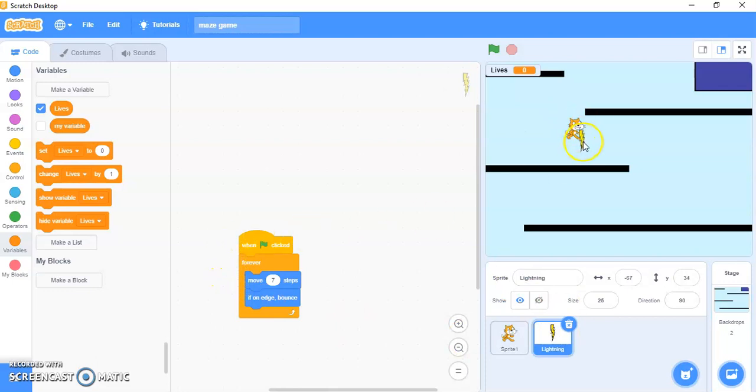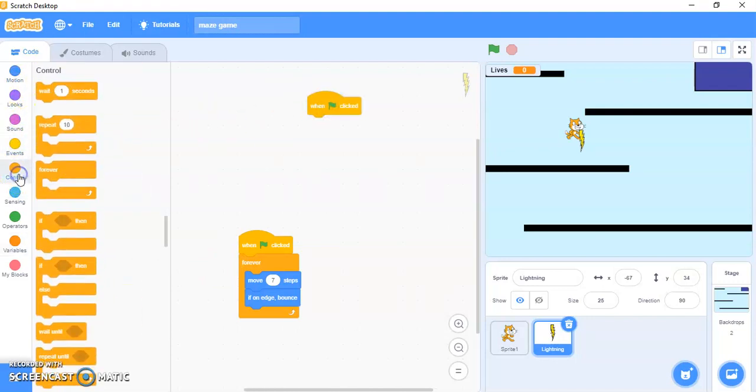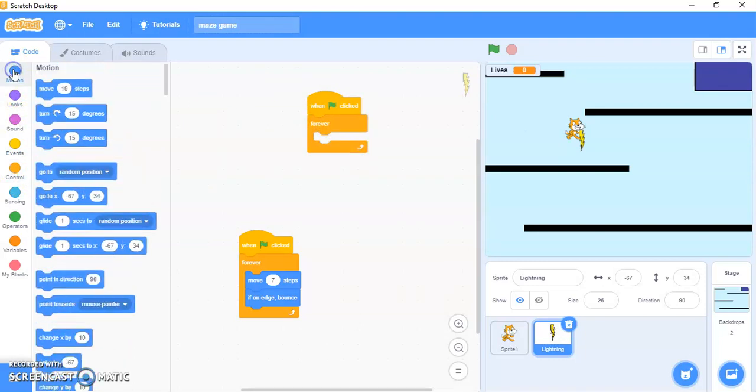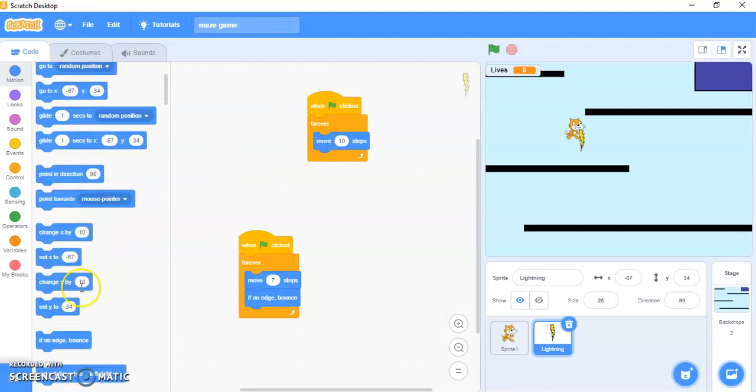I just want this lighting to move from left to right. So simply you take when flag is clicked from events, then take the forever loop from control. Then go to motion, move 10 steps here, inside the forever loop, and if on edge, bounce.